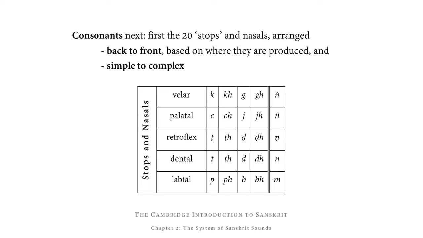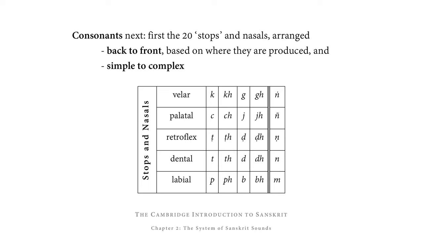We have, first of all, unvoiced, unaspirated. Then we have kh, which is unvoiced but aspirated. So aspiration means that you add a puff of air, to create the contrast between k and kh. Then next we have voiced unaspirated and voiced aspirated, so g and gh. And then finally we have the nasal, ng. We then repeat this sequence of unvoiced unaspirated, unvoiced aspirated, voiced unaspirated, voiced aspirated, and nasal, a little bit closer to the front of the mouth